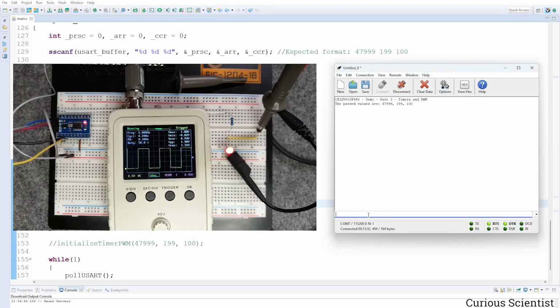And after some adjustments we can see the signal nicely. So you can see that the terminal returns the correct values that we expect, plus we can see that we have 5 Hz and 50% duty cycle, which was the exact same value that we set when we set the timer manually. And now let's set another number,